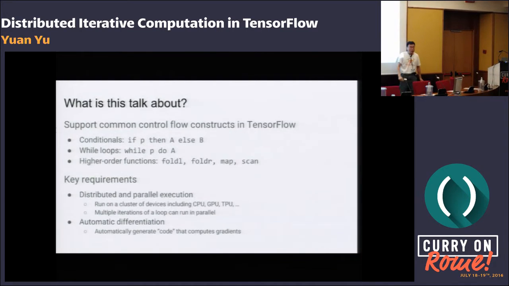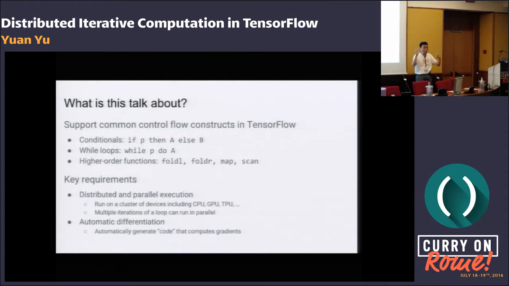Why is this hard? The first problem is we want to support distributed and parallel execution. That means, for instance, in a while loop, the loop body can be partitioned onto a set of devices.